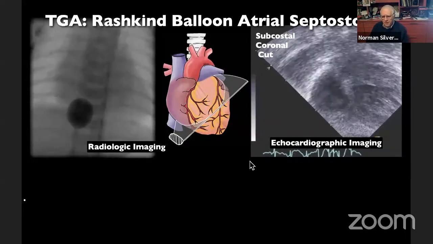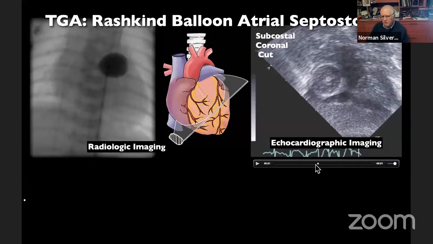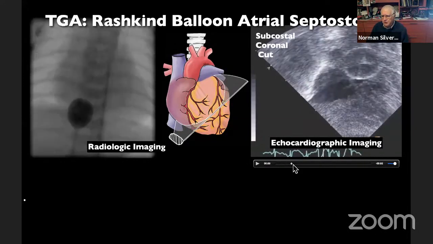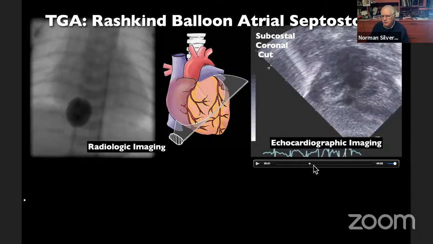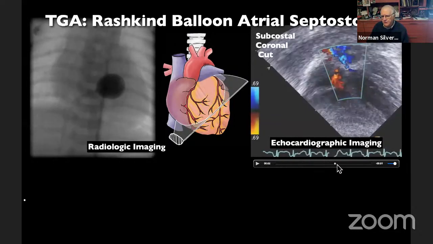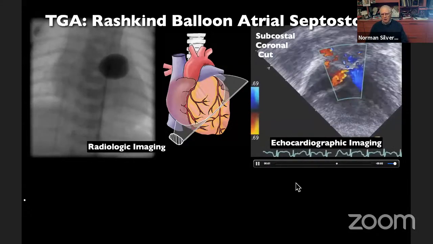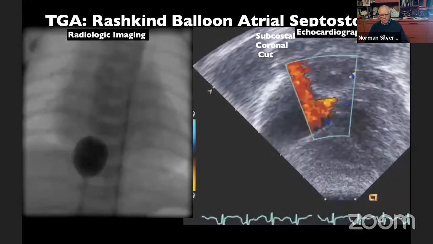And what I would like to point out to you is that the echo, even though it's shown at 30 frames per second, will show you this distortion of what happens to the Rashkind catheter as it's brought across the atrial septum. You see here how this inverts and turns into a heart-shaped structure as it comes through the atrial septum. You can only see it in still frame, and there it is in the right, and there's the shunt that occurs after successful Rashkind. So I left that zoom up for you so that you can get another look at that by the two techniques.